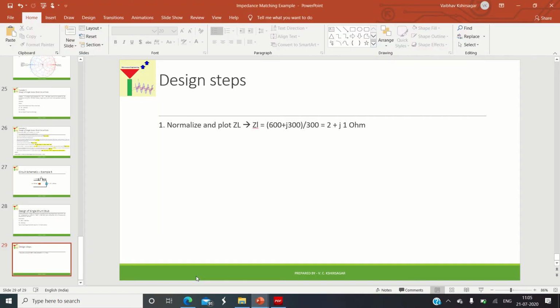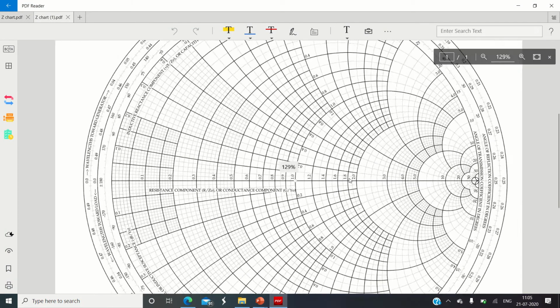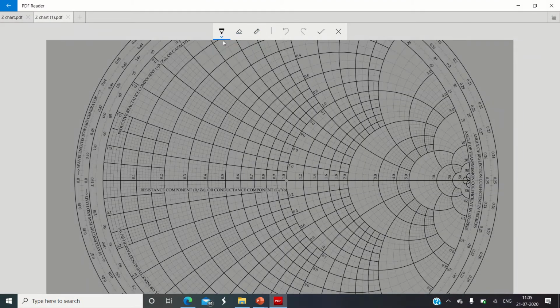The point is 2 plus j1 ohm. So quickly plot this point. You know how to plot. Real part is 2 and imaginary part is a positive 1. So 2 plus j1 is this particular point. So I will take a pencil. I will increase the brightness so that we can visualize it clearly. 2 plus j1 is this particular point,